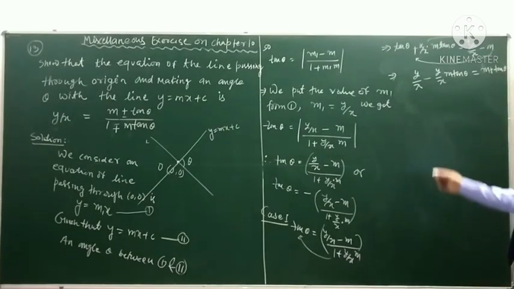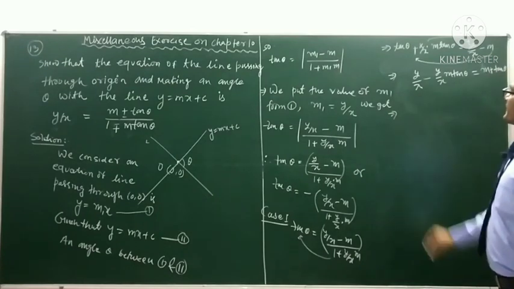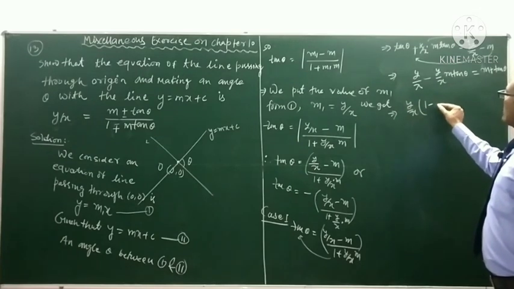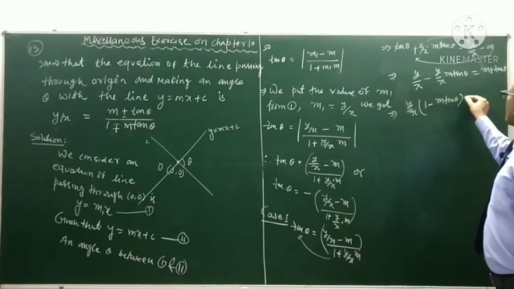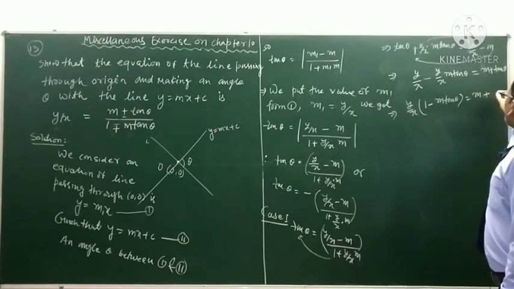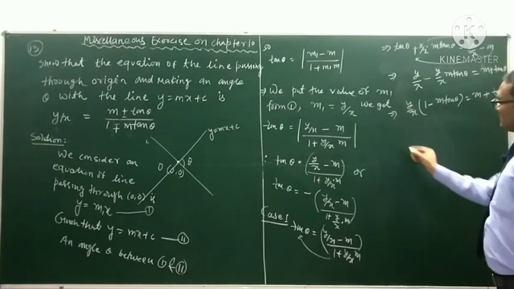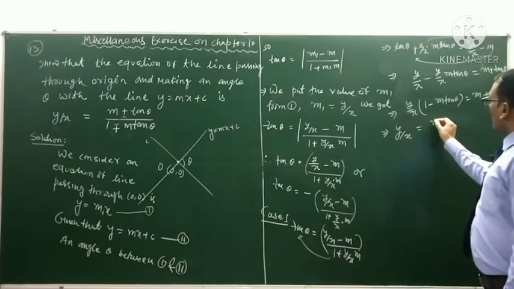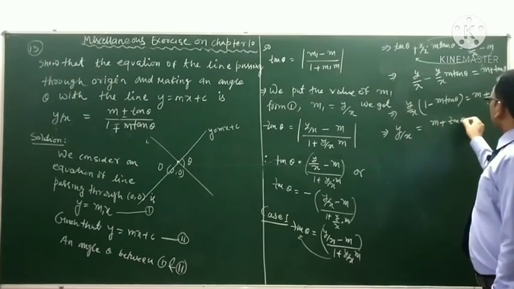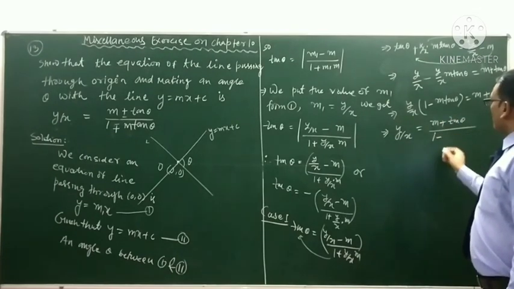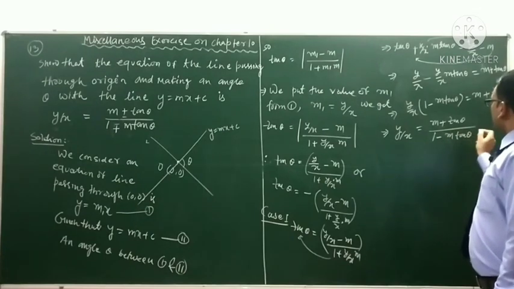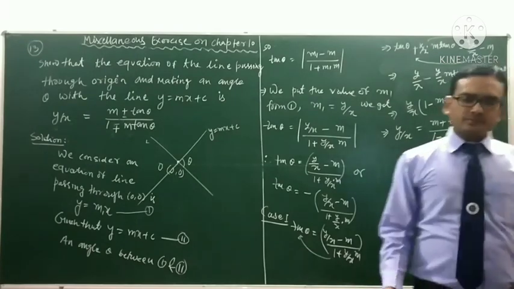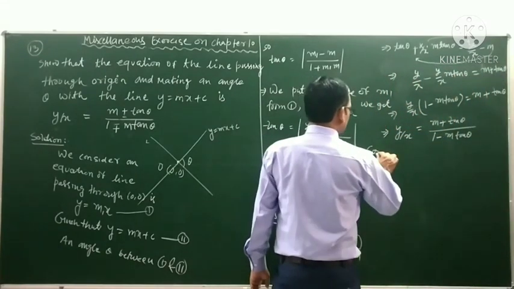Okay students, this implies that we take the common y by x: y by x times (1 minus m tan theta) equal to m plus tan theta. This implies that y by x is equal to m plus tan theta upon 1 minus m tan theta. Okay students, again case second,